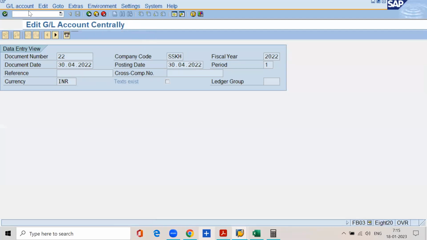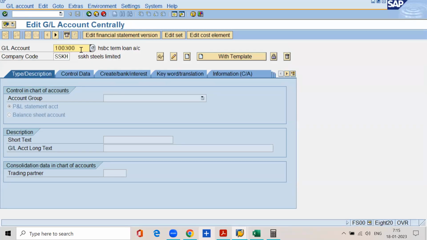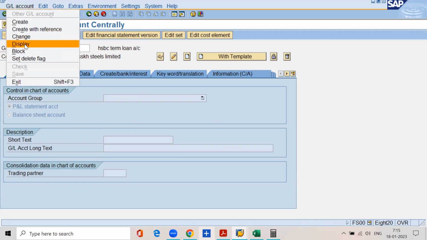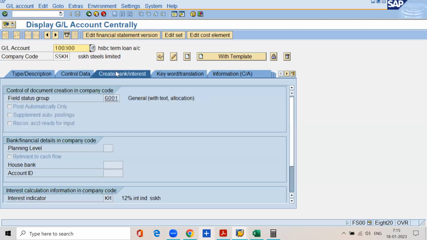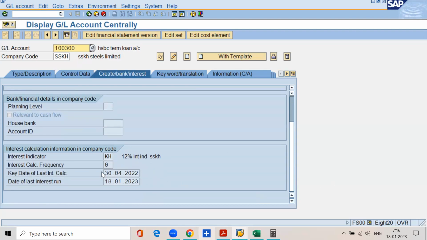FS00. GL account is 100300. Company code SSKH. Go to menu GL account display. Go to the create bank interest tab. Fields listed, sorry. See,